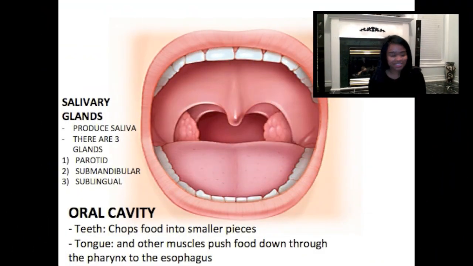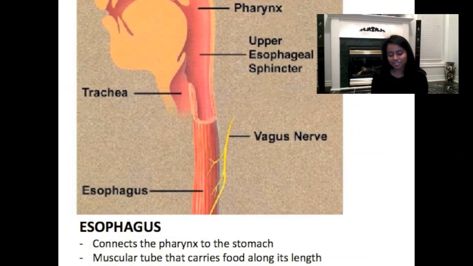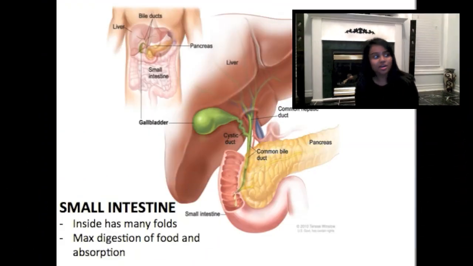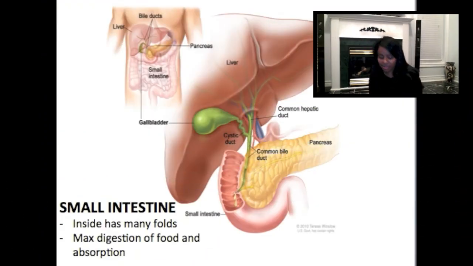It starts with the teeth, which chops your food to pieces. Then the tongue pushes it down to the esophagus, which is a tube that connects to the stomach. This muscular sac is a storage for food. HCl and enzymes are already in there. Come on now, let's get to work. If you want to digest your food, just raise them up. 'Cause we got to go to the small intestine,